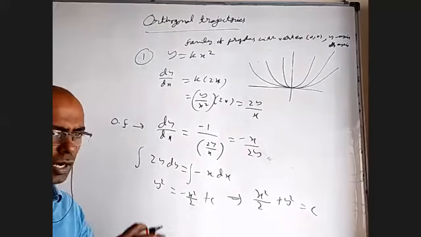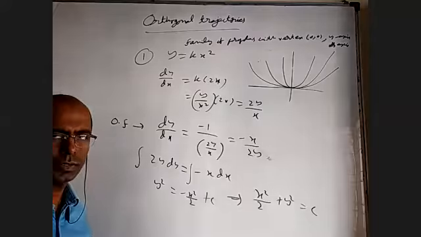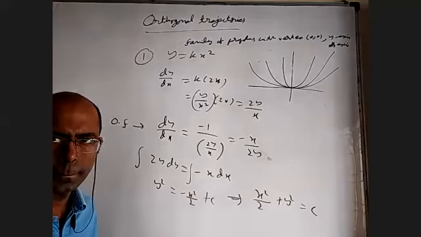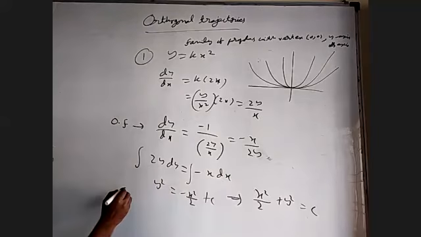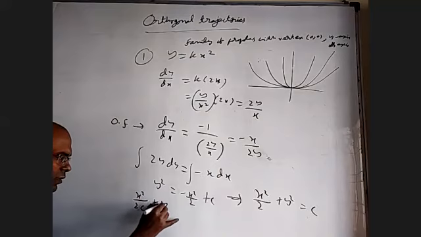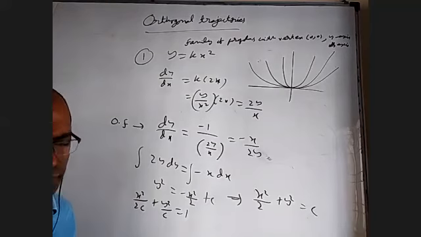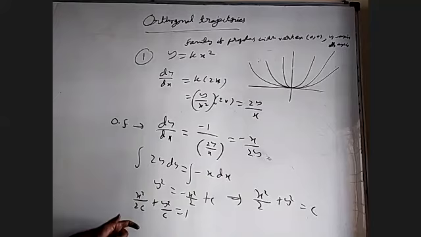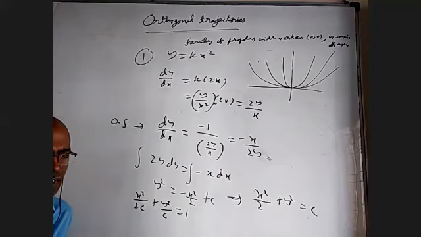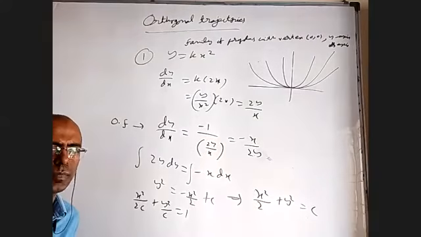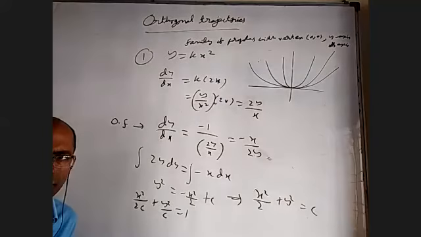But it is not a family of all ellipses, right? I can even write this as x square by 2c plus y square by c equal to 1. You take c equal to 1, 2, 3, 4, you'll get different ellipses. Center is origin, major axis x-axis, minor axis y-axis. But that doesn't mean it covers all the ellipses with the center as origin, because the differential equation is different. We have seen recently in the 25th and 9th question. As c changes, what about the ellipse is not changing? Center is not changing. Length of major axis is changing, length of minor axis is changing, but what is not changing? Focus may be changing.